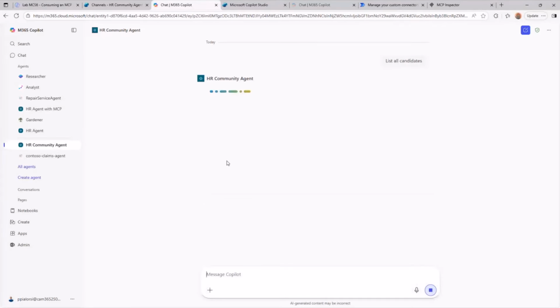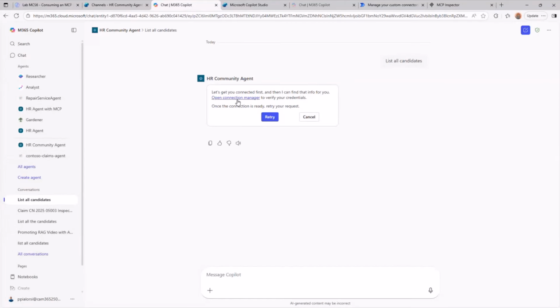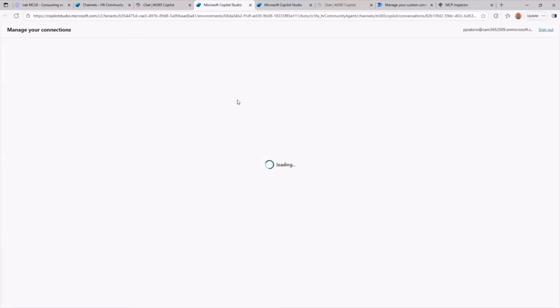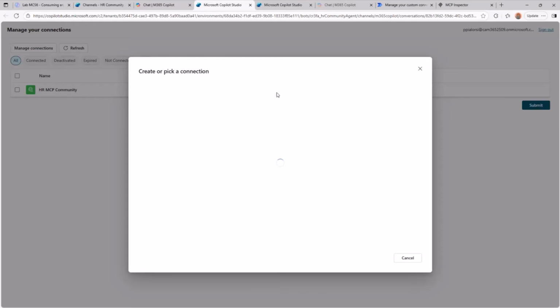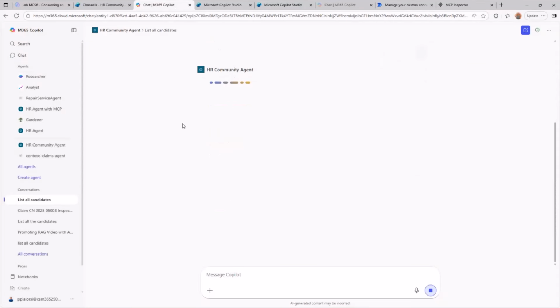And now I'm again going to trigger the MCP server and invoke the tool to list all of the candidates. And as before, we need to connect because now I'm in a different user context. So let me open the connection manager one more time. Let me connect to the target server. And now that I'm connected, I can go back here and retry with my request. And I will be able to retrieve the list of candidates under the cover as before in the testing interface